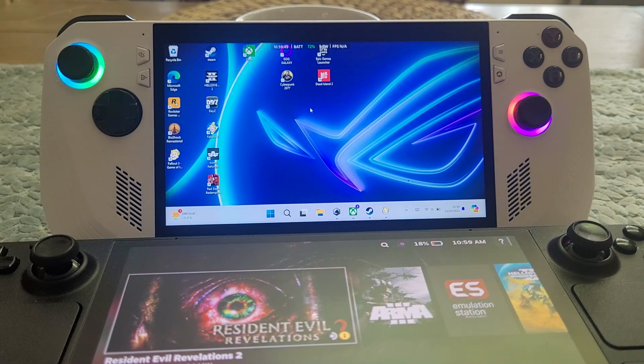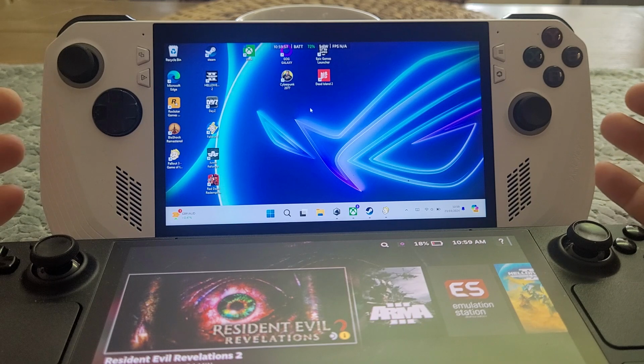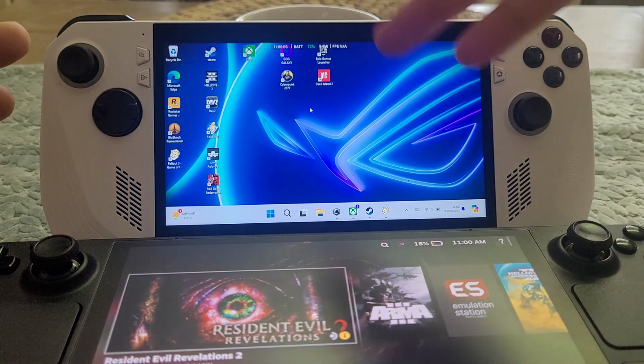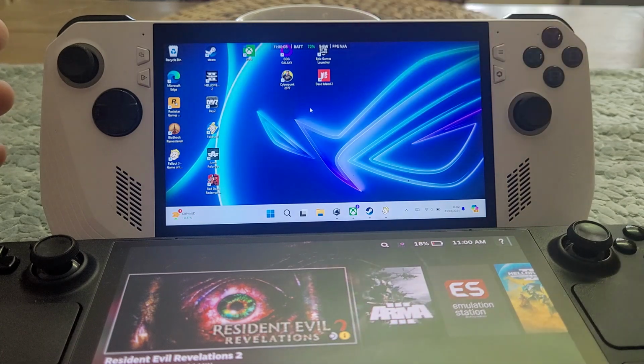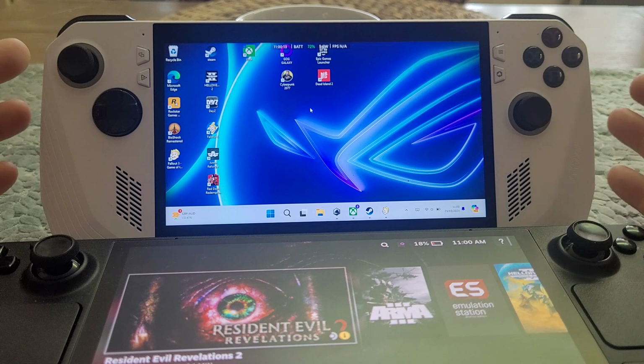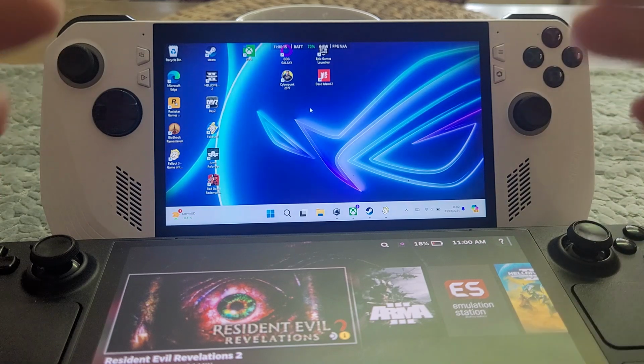£350. And then all of a sudden, you've got this very interesting situation where, say, you're on a really tight budget, but you want to get into Windows gaming. You could pick up a ROG Ally non-extreme version for $400. You set it to 720p, so you get decent performance. You can then install the Epic Game Launcher and Steam, so you can start buying Steam games in the Steam sale. You can start getting the free games that Epic release every week, and building up your